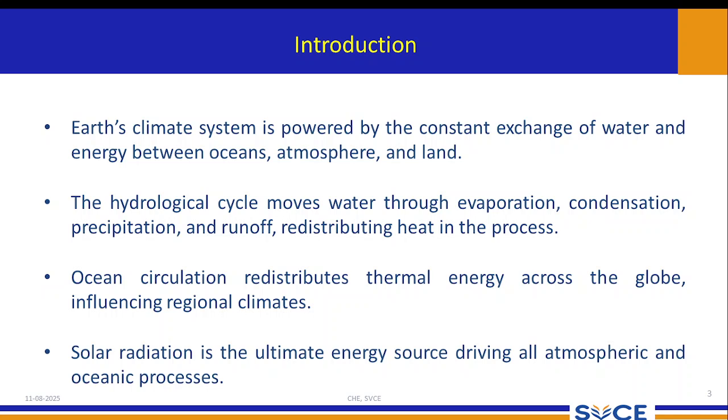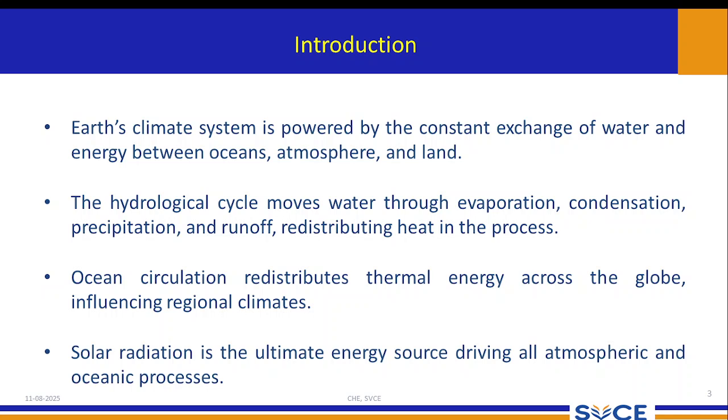So, what is the hydrological cycle? It's a movement of water. Okay, through evaporation: when the sun's radiation comes and hits the ocean, the water will get evaporated. What is condensation? Condensation in the sense that water droplets will condense and then precipitate as rainfall. And runoff is